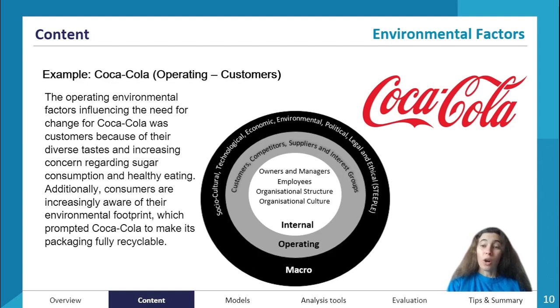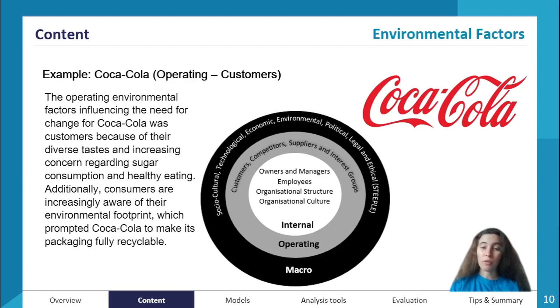Another example is Coca-Cola. So in this case, we're looking at the operating level and its customers. So influencing the need for change was customers because their tastes were changing and they were increasingly interested in healthier eating and being more conscious of sugar intake and things like that. So consumers are also more aware of their environmental footprint, and this is where we can see that it's not just the operating level here; it's also the macro level with that